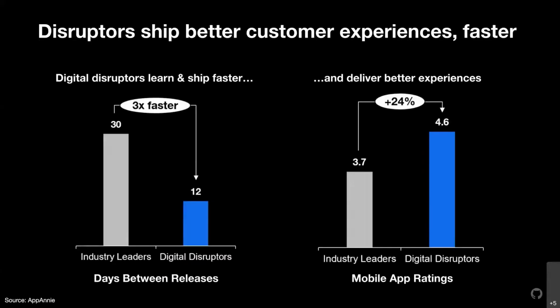easy. If you think about customer experience, I'm sure all of you wake up in the morning and you will see on your phone that your apps have been updated, right? Maybe you're using Zomato or you're using Swiggy, that there is actually an update that is happening to your applications almost on a daily basis. And that's what's really differentiating these digital disruptors as well. They're actually shipping projects, and these are software projects, way faster than traditional industries.